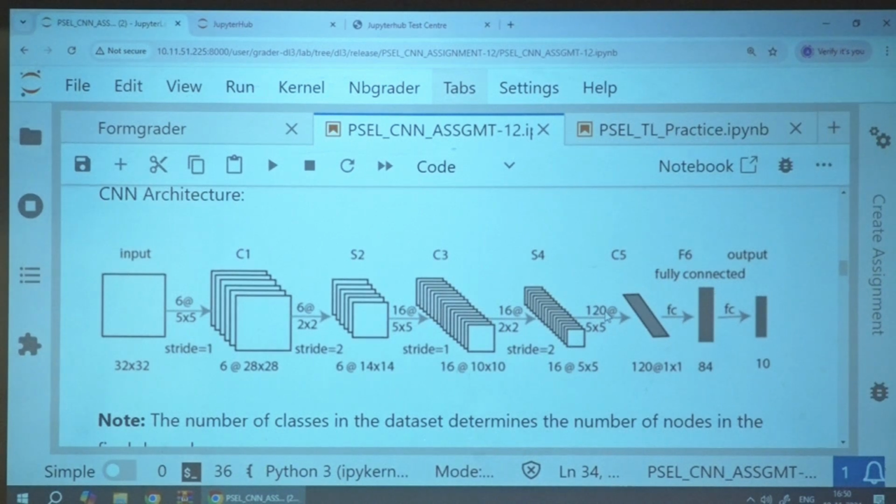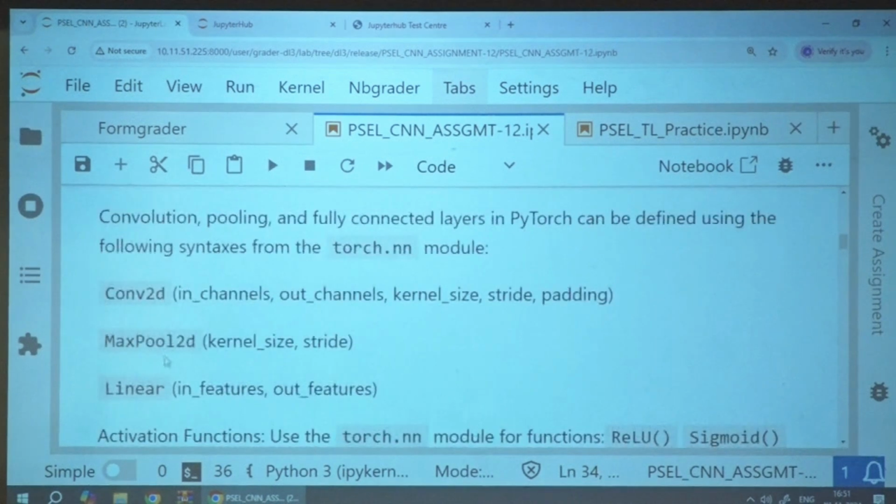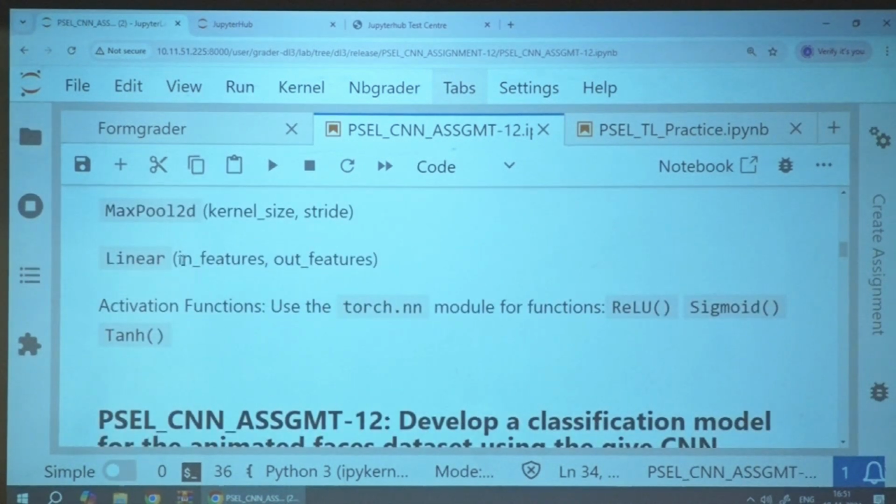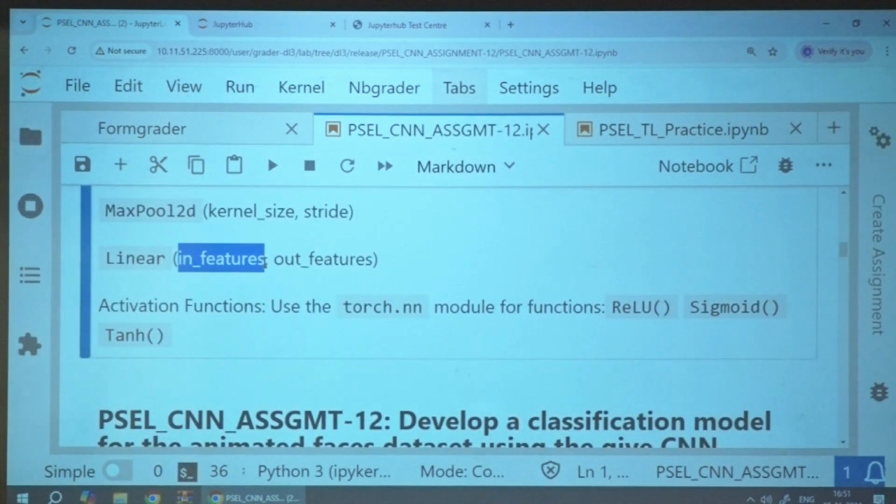Right, so this is one fully connected layer, and we have 3 fully connected layers. 16 into 5 into 5 will get connected to the 120 nodes. So the first fully connected layer has input features 16 into 5 into 5, multiplied, and output features 120.